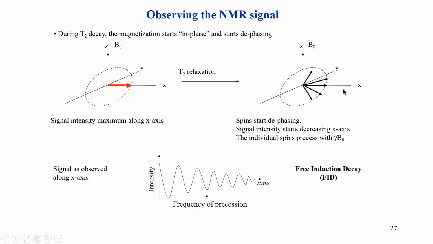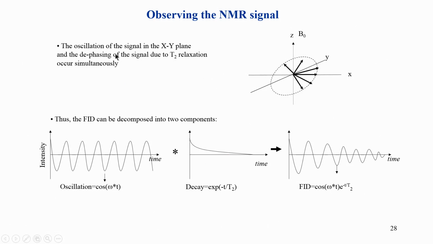in a coil. That is the induction, and the decay is there basically because the signal, as you can see, is slowly going down and down, it does not come back fully, and that is because of T2 relaxation. So, the signal in FID decays essentially because of T2 relaxation. So, this is how the signal is observed in NMR, and you can see that the decay of the oscillation in the xy plane, as I said, is T2.